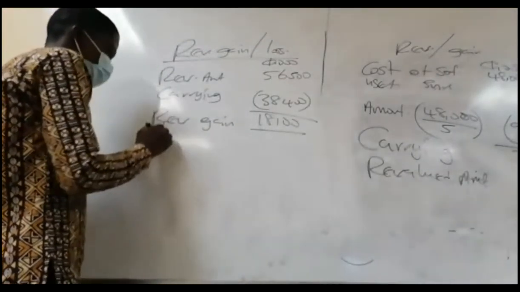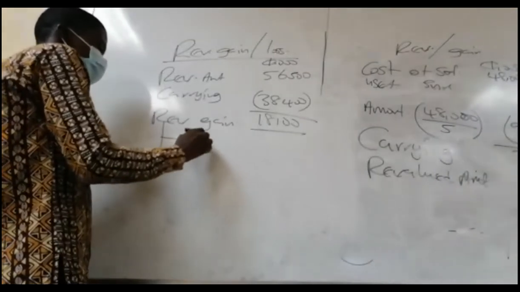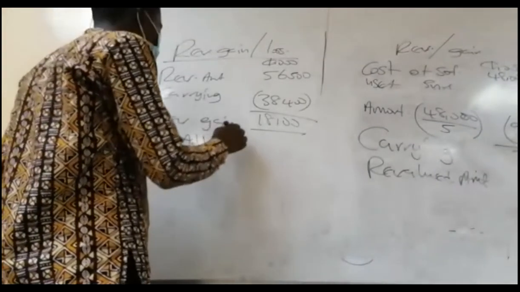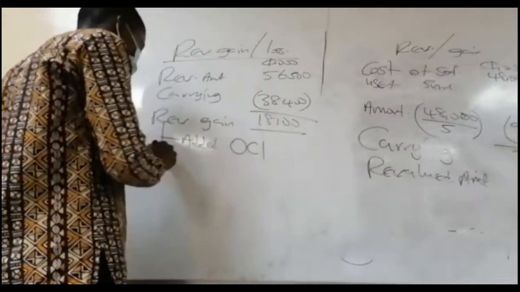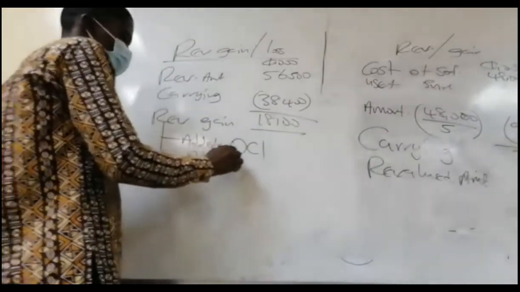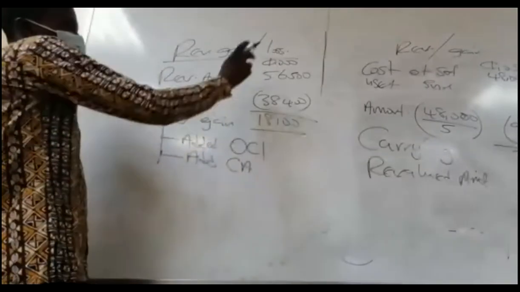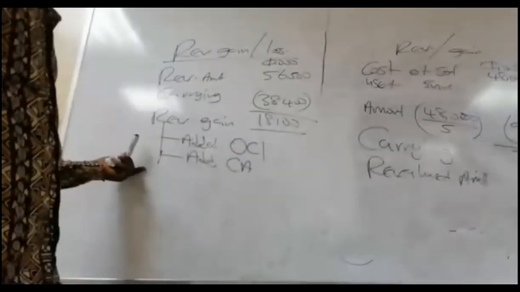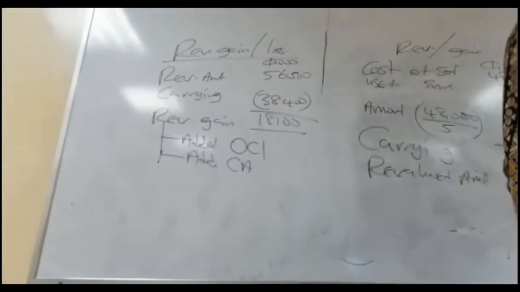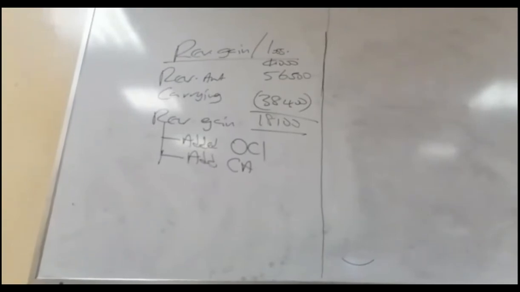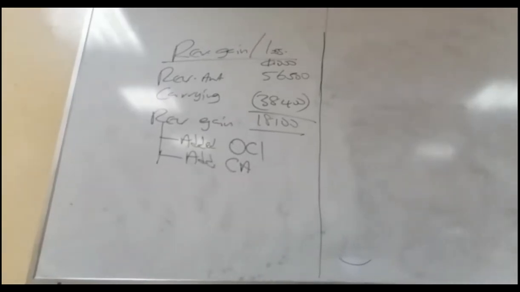What's the treatment? One, add it. They've added it to what? Added to OCI, the other comprehensive income, and then they have added it to the current amount of the asset before they arrive at this. So that was the treatment. Now let's continue the game. So let's quickly look at this. So the next